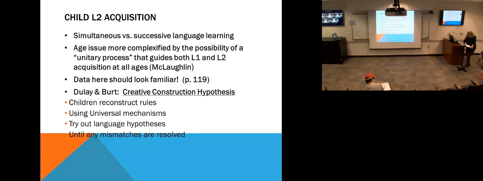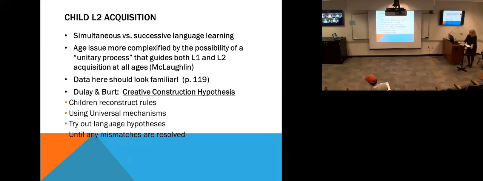So Dulay and Burt were the first people to start looking at children learning in L2, okay? Along with these people, Hakuta, and who was the one that did the Japanese, and Ravem, who was the one that did the Norwegian child. And note that these kids, I think the Japanese, I can't remember now. What was the Japanese was 6 or 7? The other way around. Japanese was 4 and 6. 4 and 6. Okay, good.